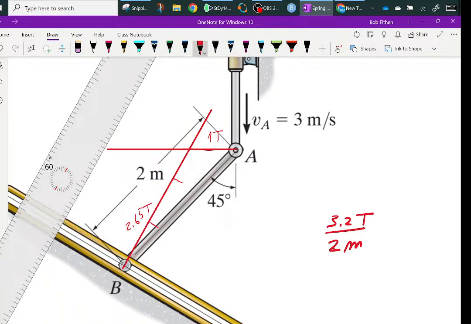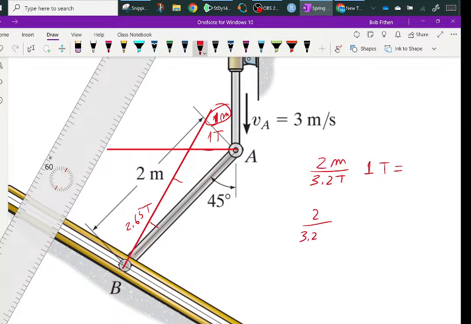So if I want to get this, I flip this over and say 2 meters for 3.2 ticks. Get rid of that. Times 1 tick tells me that this is the 1 meter distance here. I'm going to double check this in a minute. So now 2 over 3.2 times 2.65 ticks is going to be,